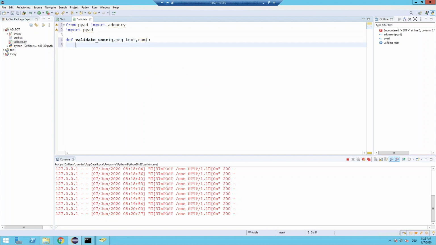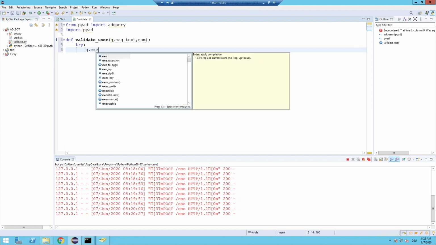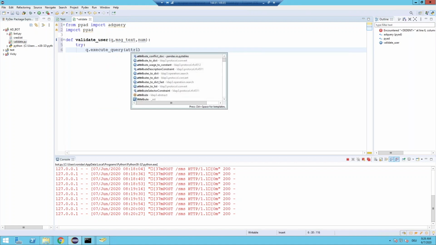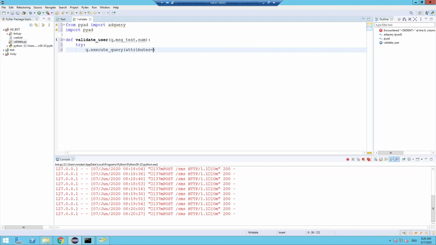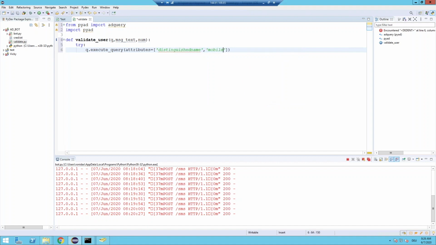So let's try to execute this thing. If we get some error, we'll be able to understand. So this should be queue dot execute query. We'll write down our query here. Attributes, so this is the usual pyad query, nothing fancy. We'll pass one list of what attributes we want. Distinguished name, all these are Active Directory attributes. Maybe those who are watching my channel for Active Directory are familiar. We want the mobile attribute just because we are going to compare the mobile number, and after that we'll be going to